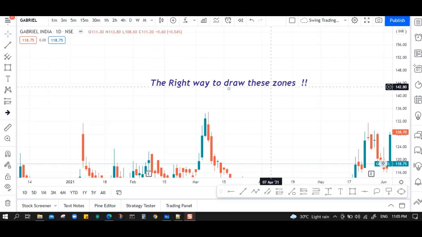But sometimes the banks or the financial institutions take limit orders, and when the market tests the zone, the prices move strongly up or down, and you need to take a limit order as well without waiting for a confirmation. But if you don't know how to draw the zone correctly, you will miss this opportunity to make money along with the big players. So this is the reason why you should know how to draw the supply and demand zones.